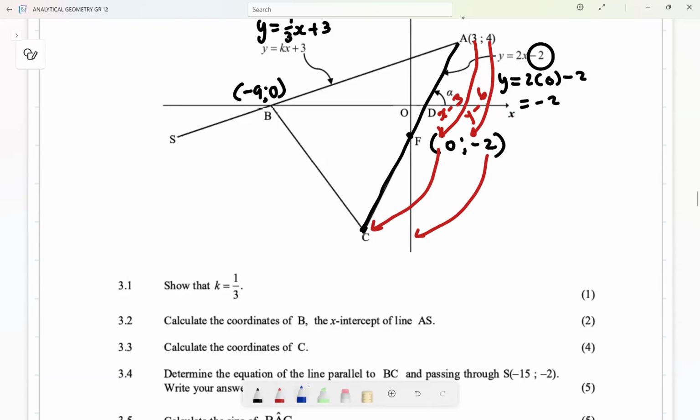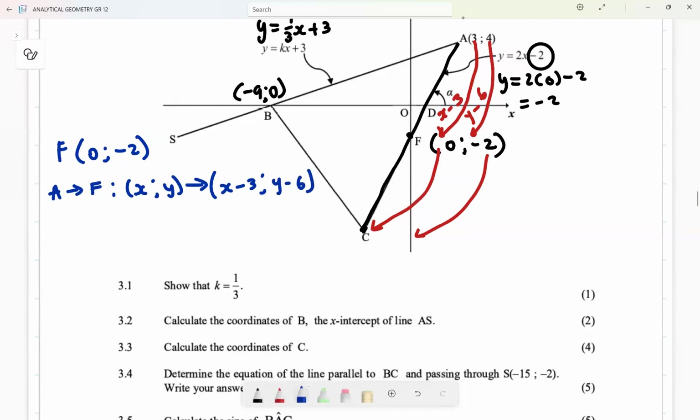After finding that F has coordinates 0 and -2, you will say from A to F, the coordinates of A were x and y, but to get F we said x minus 3 and y minus 6. This is the transformation. So from F to C, we'll also apply the same thing. But now we know the coordinates of F. The coordinates of F are 0,